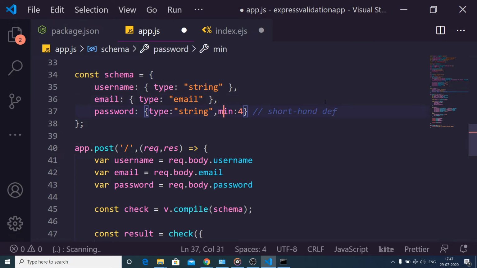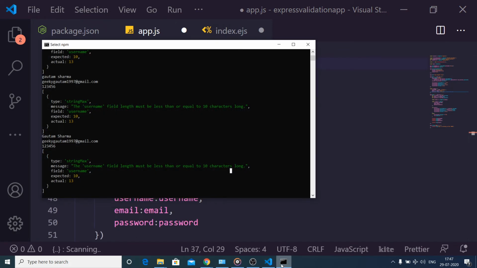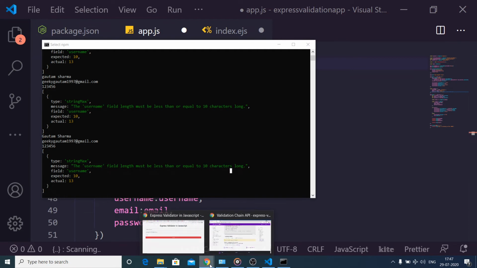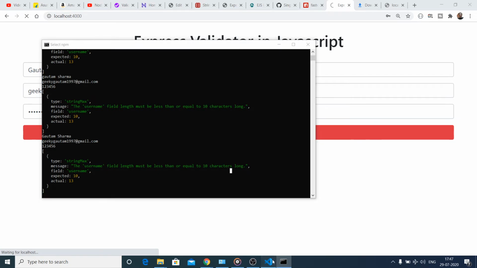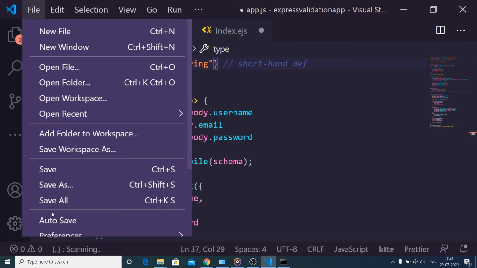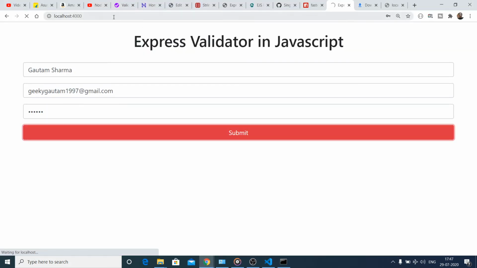Let me just remove this for now. Let me have just this schema here, that's it. So let me try to do this once again. Oh, sorry guys, I haven't turned on the autosave, that is why it was encountering it. So let me turn on the autosave, that is why it was not reflecting the changes.